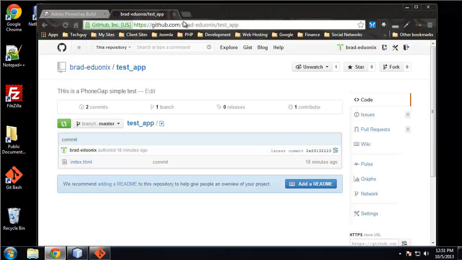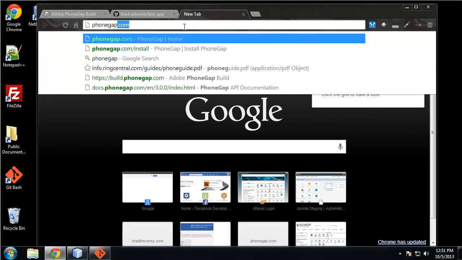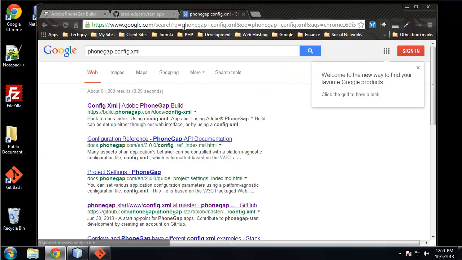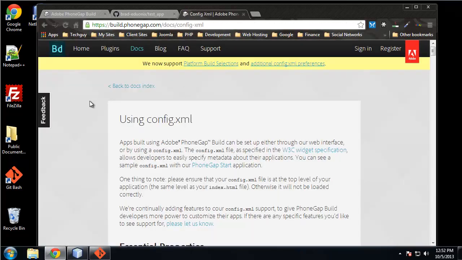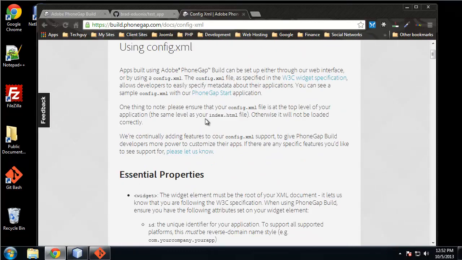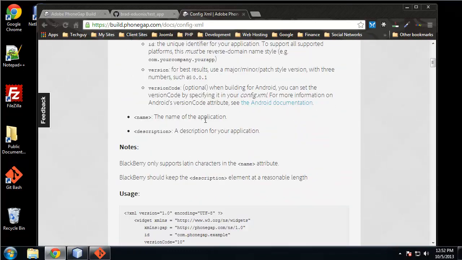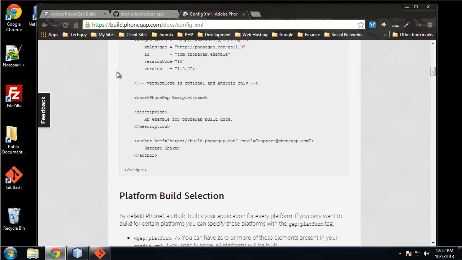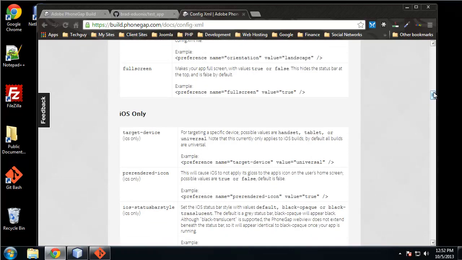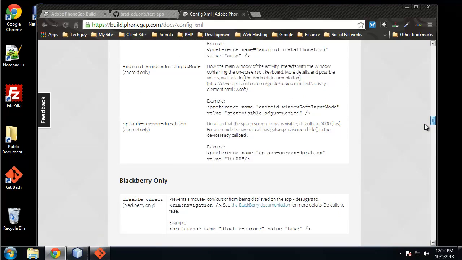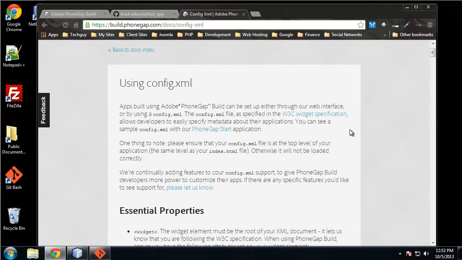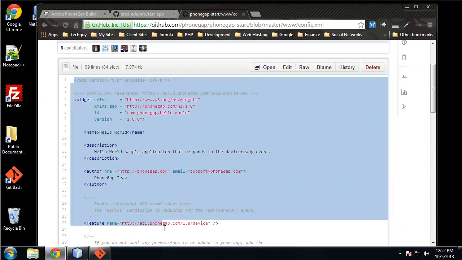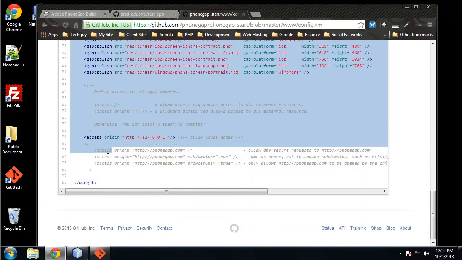So now what I want to do is add a config file. So if we search for PhoneGap config.xml, there's a bunch of information here about what you can do with a config file. You can add metadata. You can add which kind of features you want to use. You can add all the images and splash pages that you want for your app. So what I want to do is just go to this PhoneGap start application, and this is just a sample config file. So I'm going to copy this